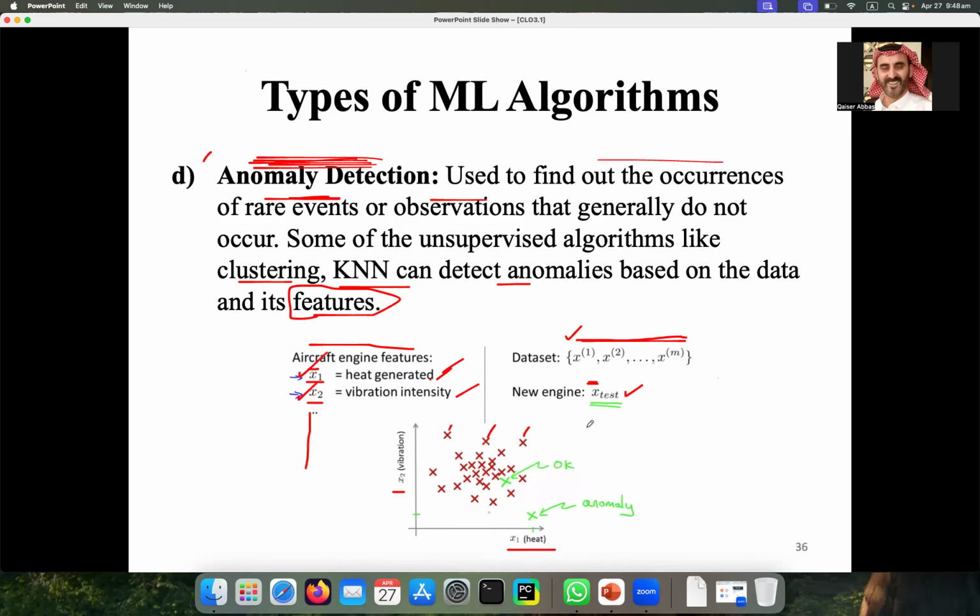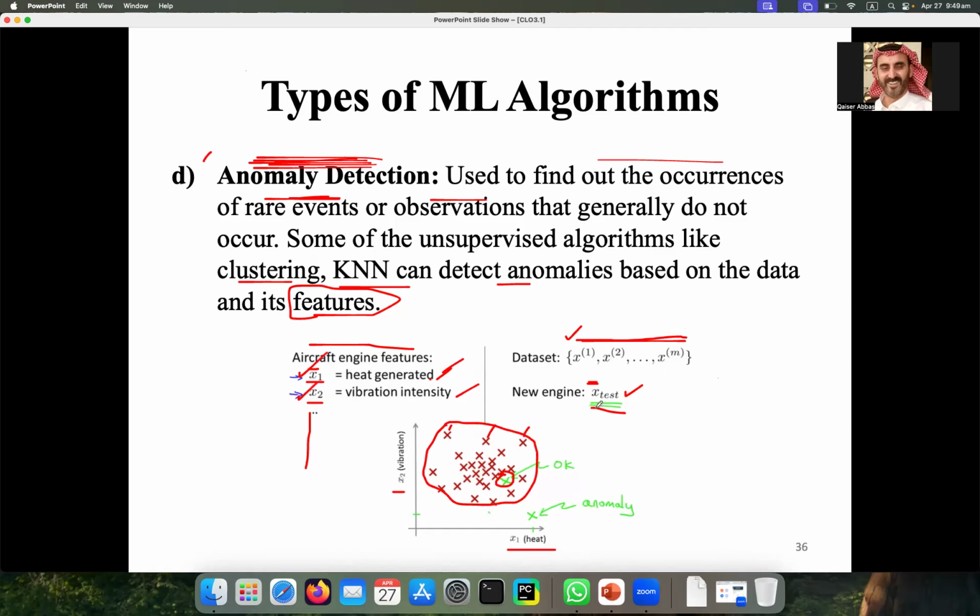And this is your test data, which is green color. If your test data is plotted between these red crosses, then it is in the same range where the other data is lying, because this is the boundary of the data.